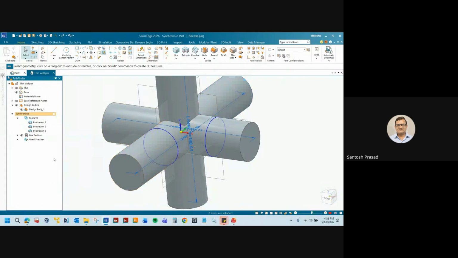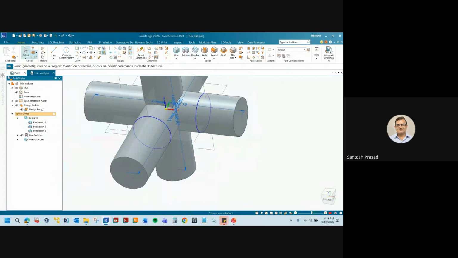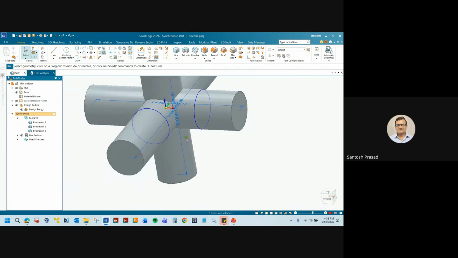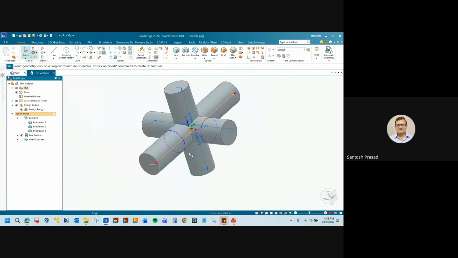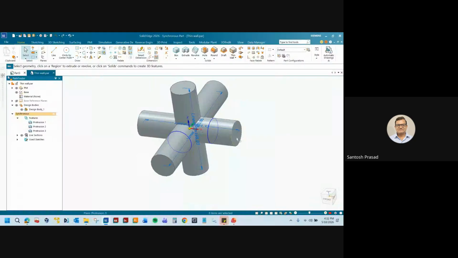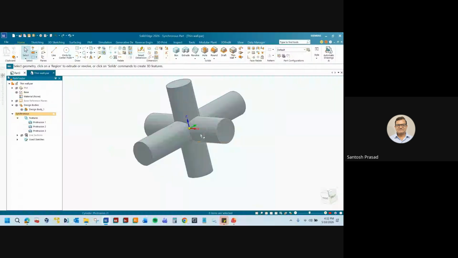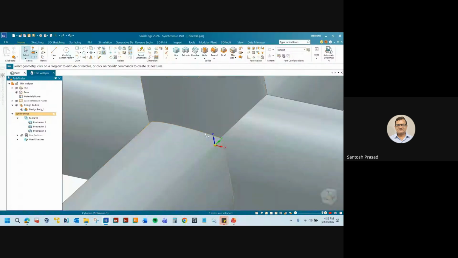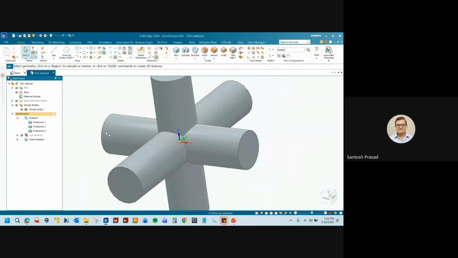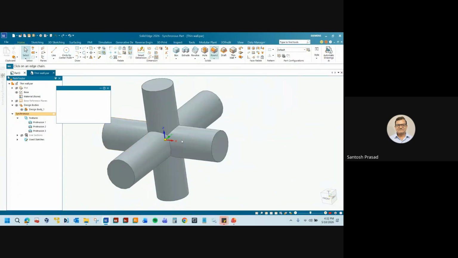So now what I have done is I have created the geometry sketches, and then I have created a solid geometry, and all are basically united. Once it is united, you can see there is a sharp edge there, so it is united now. Now I will create a